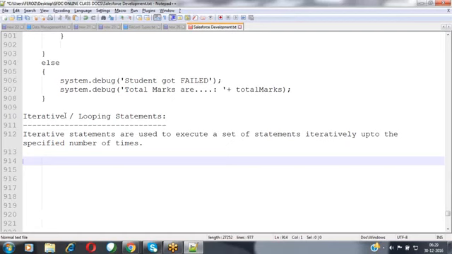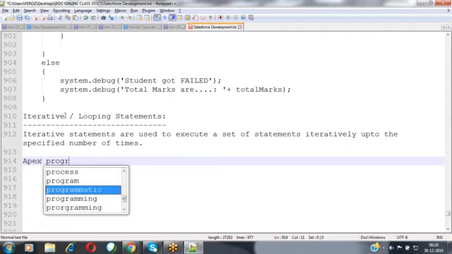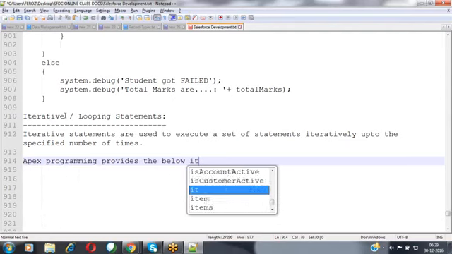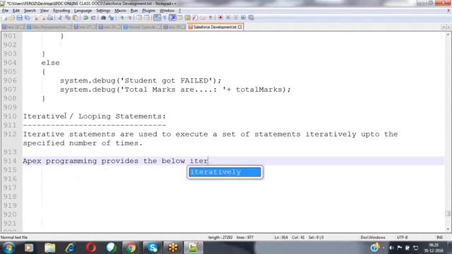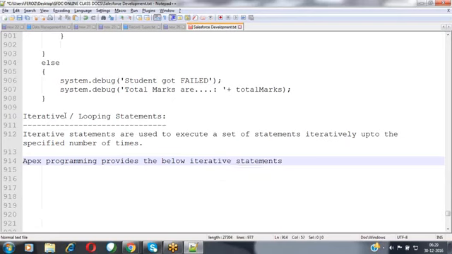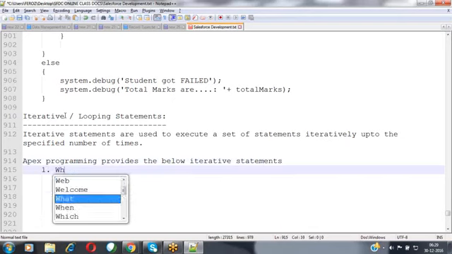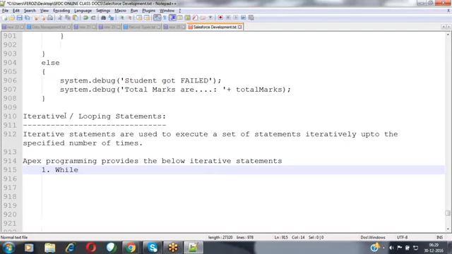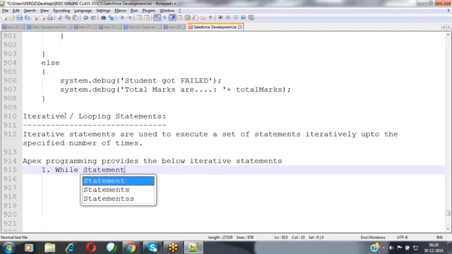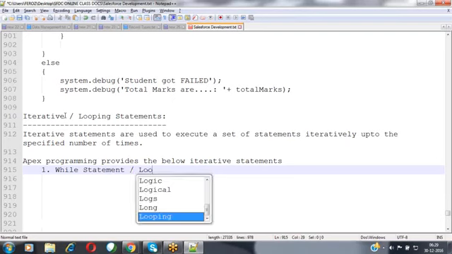Then what are the various iterative statements available in our Apex programming? Apex programming provides the below iterative statements. The first one is the while statement, also called a while loop.